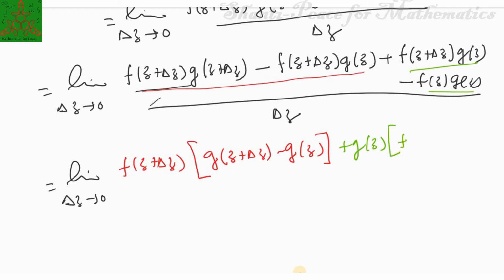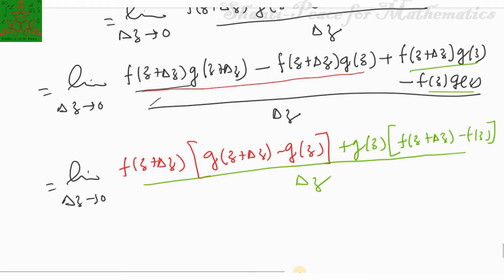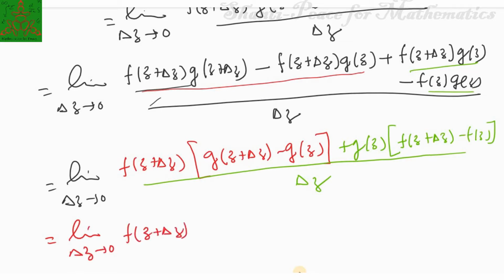So the left quantity is f of z plus delta z minus f of z upon delta z. Now this quantity I can write in this form: limit delta z tends to 0 f of z plus delta z, into limit delta z tends to 0 g of z plus delta z minus g of z upon delta z,